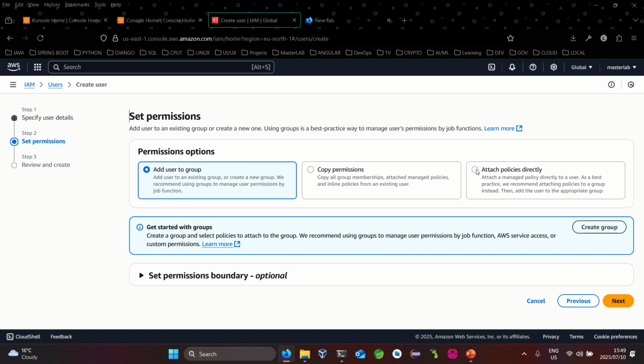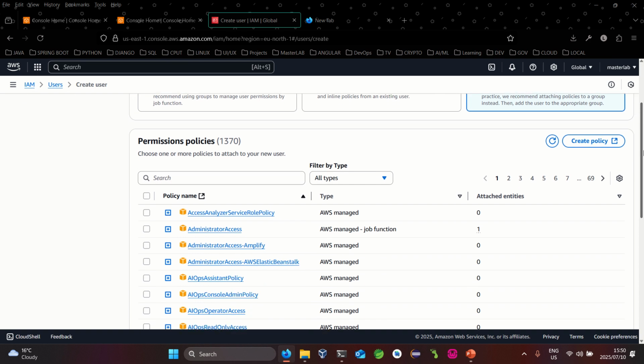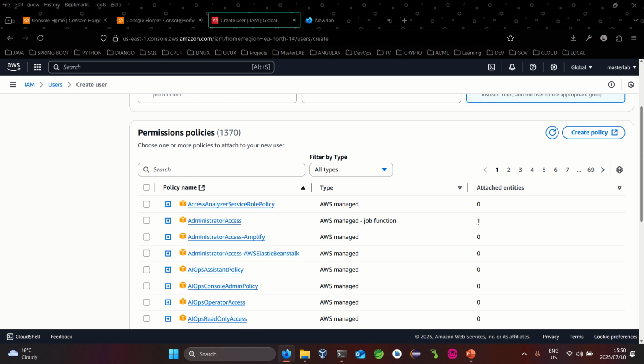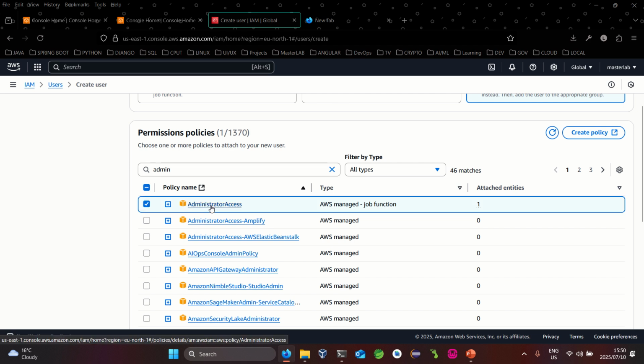Since there are quite a lot of policies in AWS, you need to know which one to use. If you are not sure, I would strongly recommend that you use the administrator, which is what we'll be using in this case, until you are sure which certain roles or policies you require, depending on what you will be doing. So let's grant this user admin access. Meaning this user will be able to do everything in this account, which is also not recommended if you are